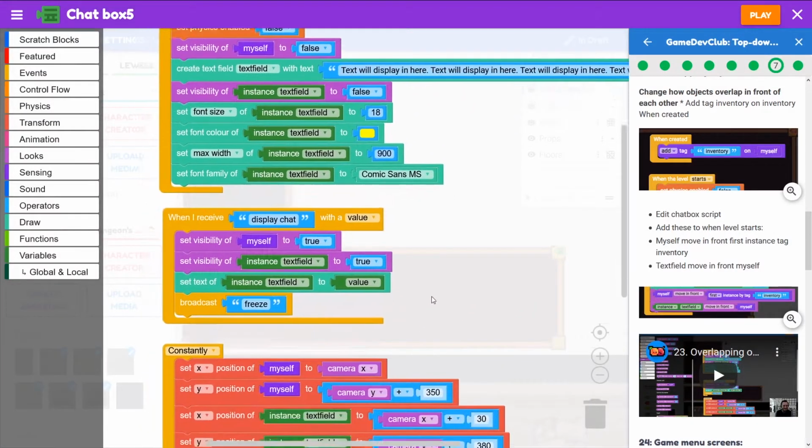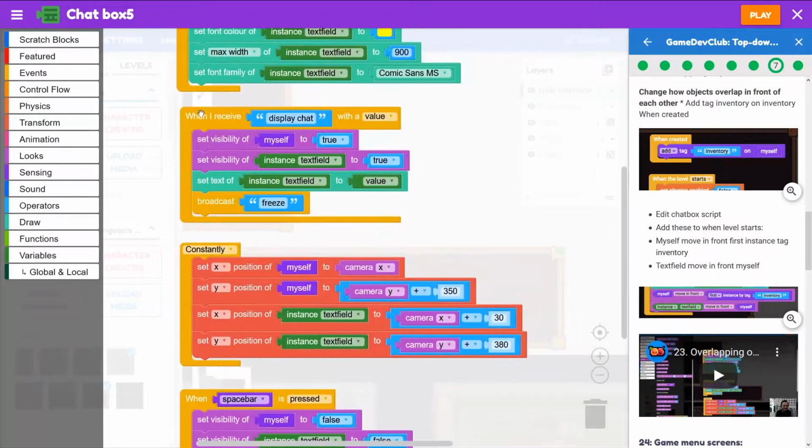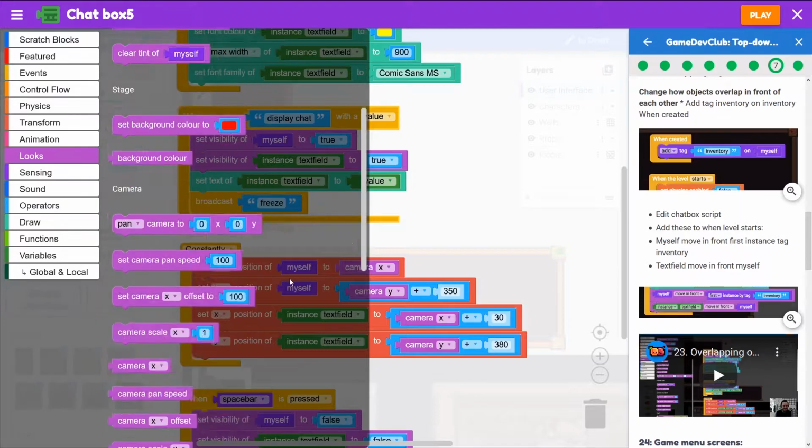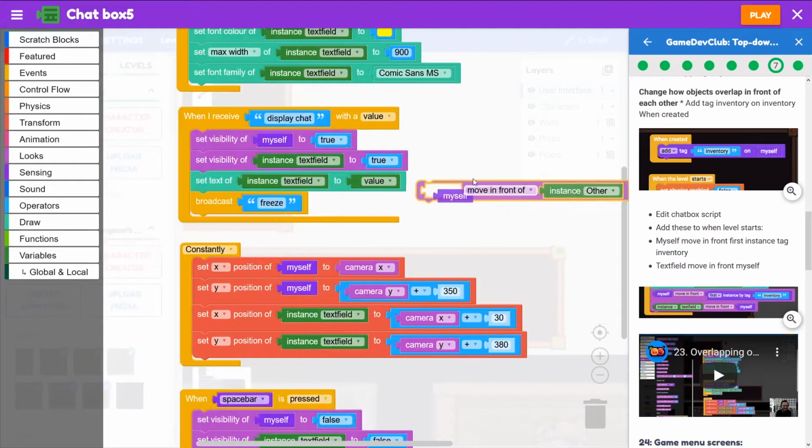when I receive this display chat message, I want the text field and the chat box panel to go in front of the inventory. The way I'm going to do that is using a block from looks. Down at the very bottom, myself move in front of instance other. So I'll grab that